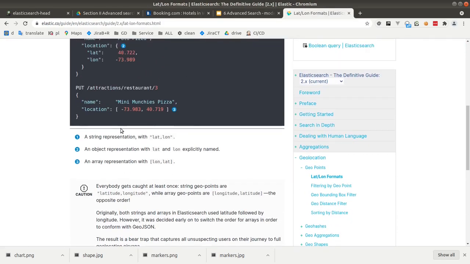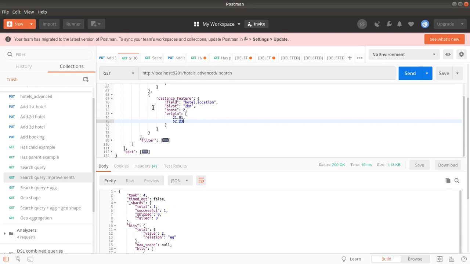Here you can see that while adding geo-parameters in the lat-long format, at first we had lat and at second we had long. But when we are using the array representation, it is vice versa. First of all, you have the longitude parameter and then latitude. Because of that, it is easy to make a mistake. And I know many people who spent hours of work to find out why such a thing was not working. For example, if you change it,